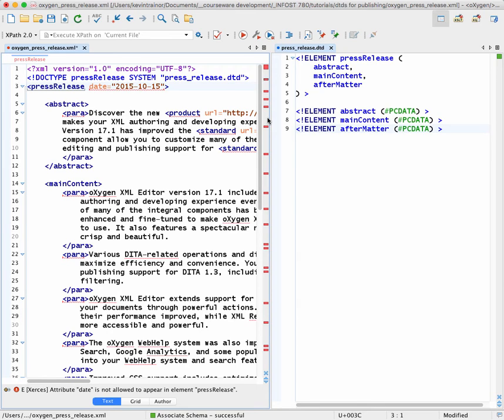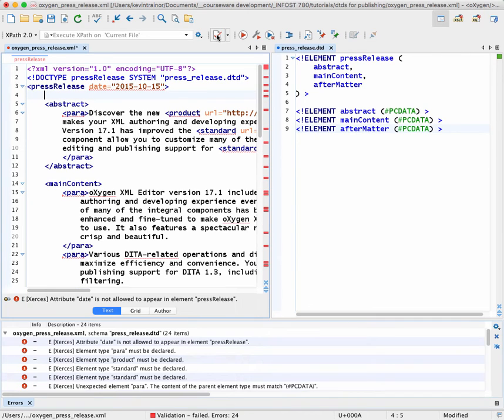Okay. So let's prove to ourselves it did validate. Click on the left editor, click on the check mark for validate. We can see validation failed, 24 errors. Okay. But let's look at what's underlined, and you can see that press release, the